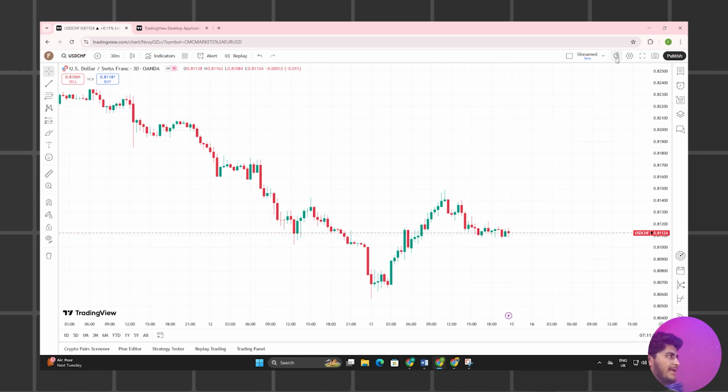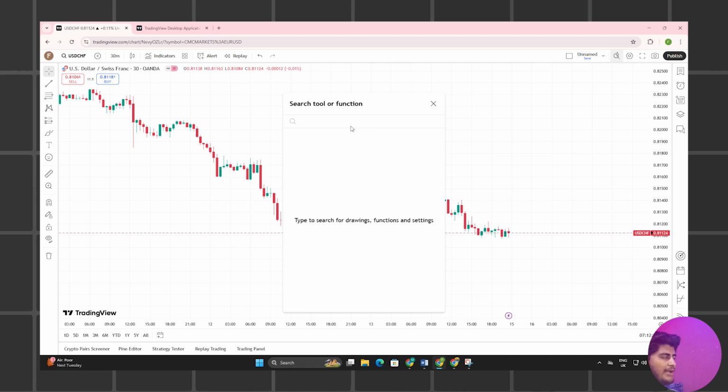Now the second thing is quick search. Now what is quick search? Here are the multiple tools. You can see these tools.